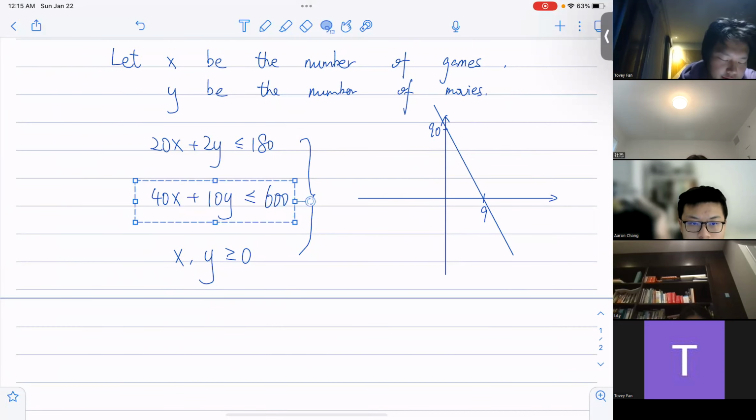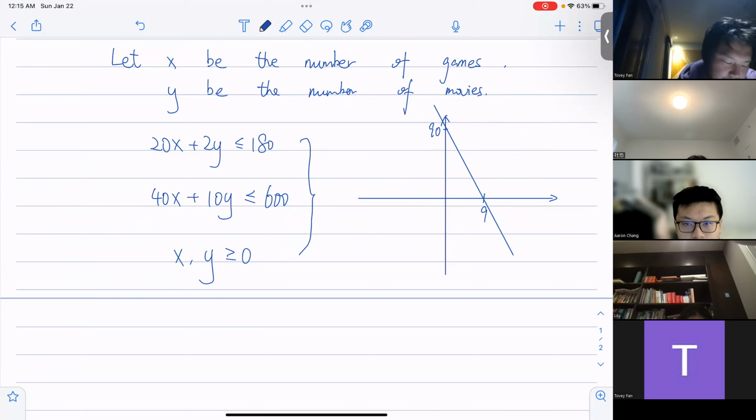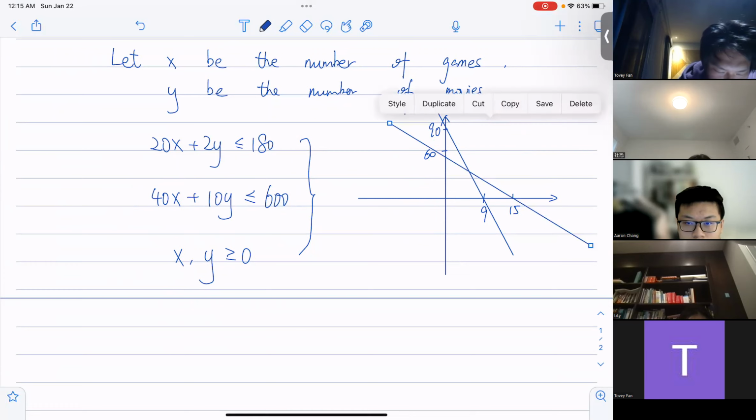Okay, for the second one, we just need to figure out the x and the y intercepts. So for y, that's going to be 60. Okay, so 60. And then for x, it's going to be 15, right? So with y 0, x is going to be 15. So say here. The second inequality, if you plot it out,